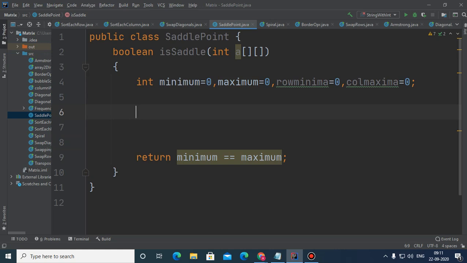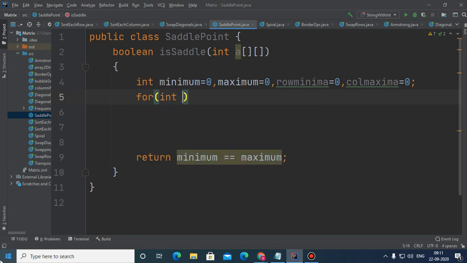First of all, I want to find the maximum from row minima. So children, if you want to find the maximum from row minima, how to traverse the matrix, row wise or column wise? Row wise.